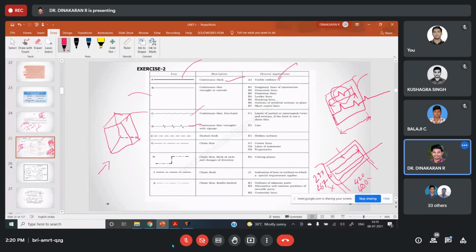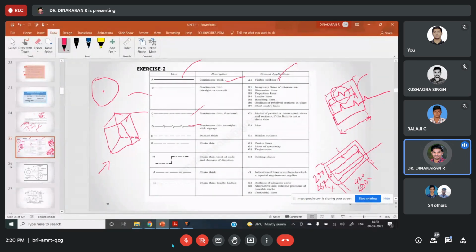Okay, then chain thin line. Chain thin lines are used for central lines, lines of symmetry, and trajectories. Central lines means you are drawing a circle. With a circle, we are marking with the compass.